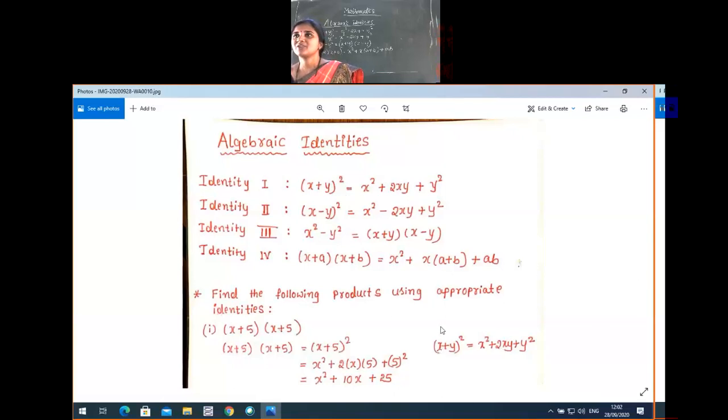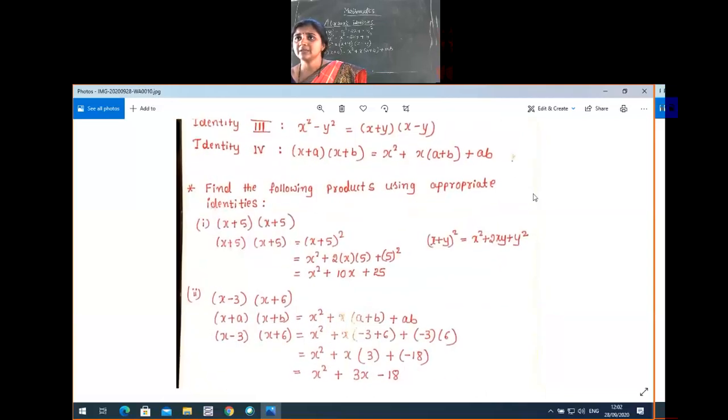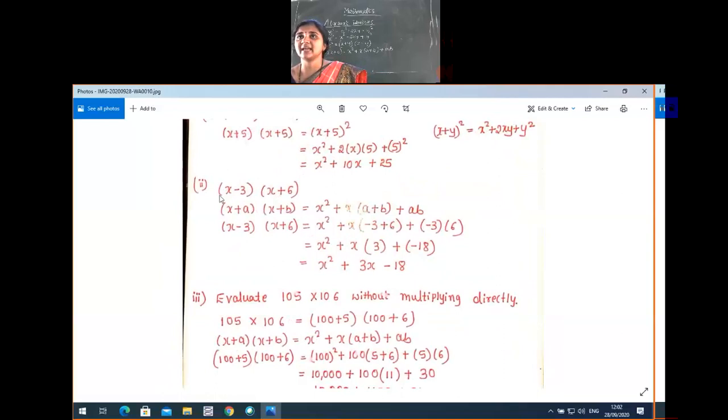Okay, so this is about the revision class of your 8th standard algebraic identities. But again, you have to work out these types of problems in the last exercise of the polynomials chapter. That's why we are revising this topic in this class. So can we go to the next example now? Next problem. Next we have this second question. After the discussion of these three problems, I'll come to you people. You can ask your doubts, okay? I'll give time to discuss. But these are all easy sums, so that's why I'm explaining alone.